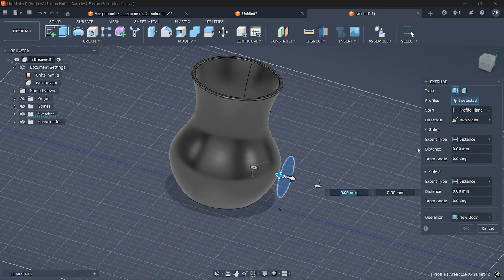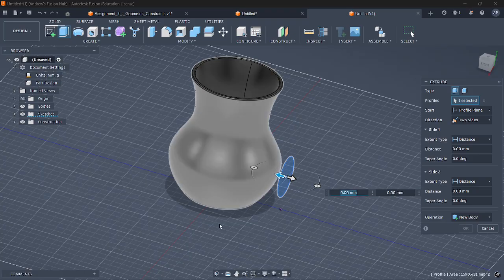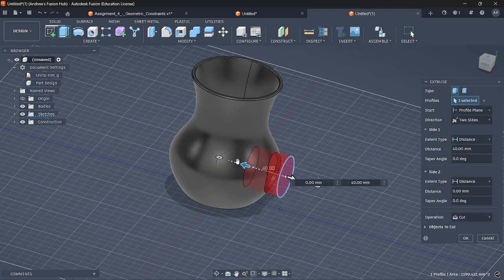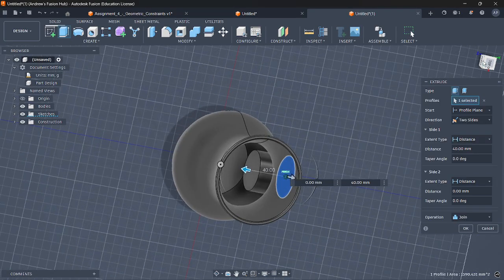So for side 1, which in this case I think is the blue side, it's going towards this hairdryer body, but I want the extrusion to go right up to the face, right? If I just add some arbitrary number here, and I set it to join, you can see how part of the cylinder that I'm extruding is inside the body of the hairdryer. But to make it nice,